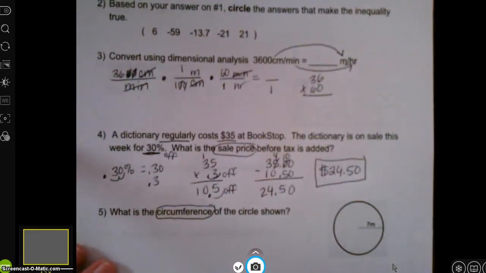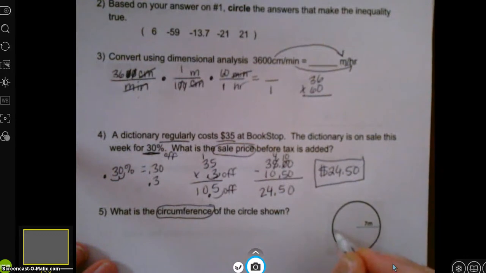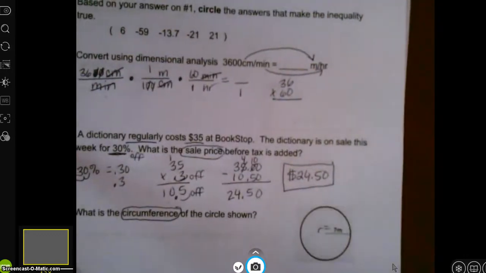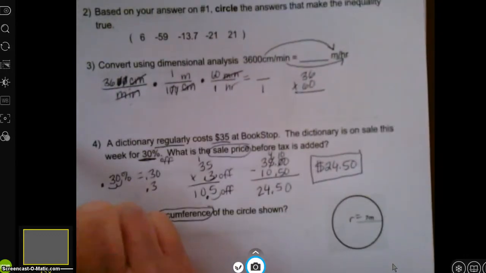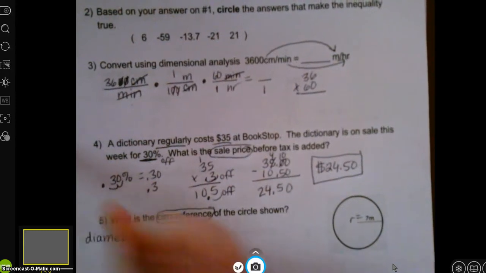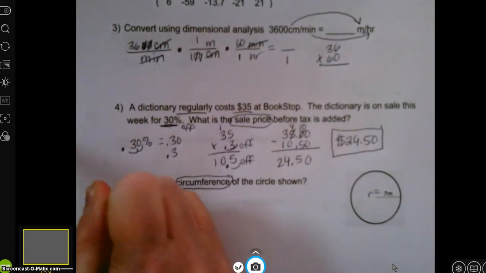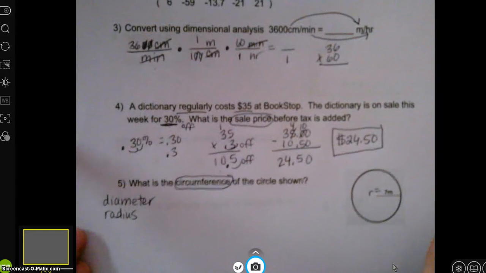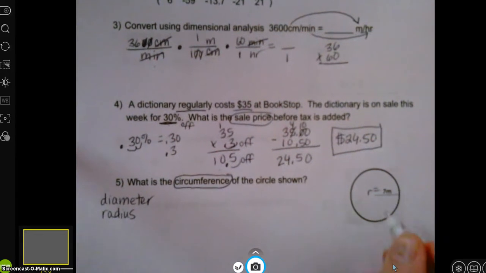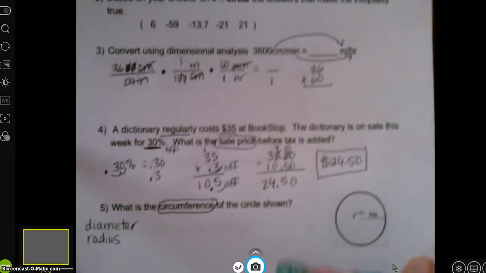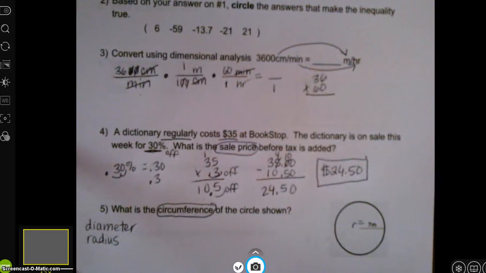Well, remember if it goes all the way across, that's the diameter. It's halfway, it's radius. Remember we talked about diameter and radius. The bigger word is the bigger distance. The smaller word is the smaller distance. So radius, this is a smaller length because it's half of the diameter. Okay. So our formula is